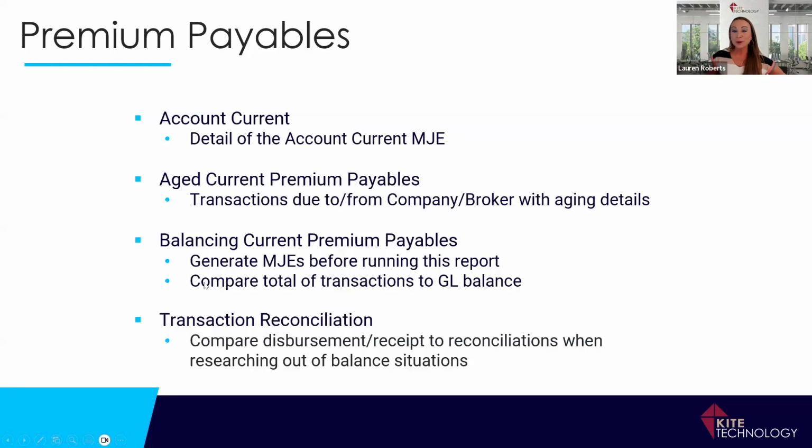So in your premium payables reports, you have a couple of different options here as well. So your account current report is going to basically show the detail of what the month-end journal entry is that's moving dollars from your receivables over to the premium payables. So a lot of times agencies are looking at those accounts and wondering, what is in this MJE? So if you run this account current report, it's going to show you all of those transactions that make up